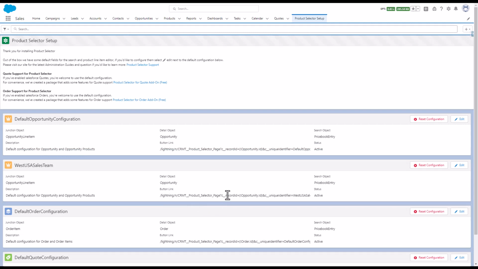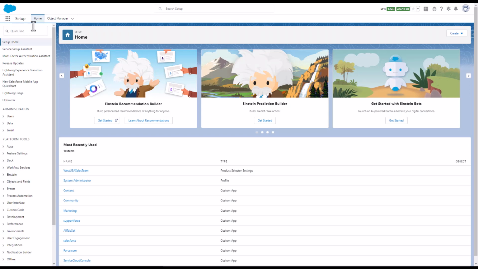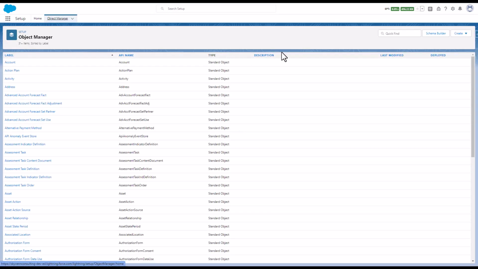So the way you launch this is you just take this URL that I grabbed earlier, and you just drop it into any button inside Salesforce. So let's do that right now. This is a pretty standard thing to do inside Salesforce, but just say you haven't done it before, we'll walk through those steps. So we'll go to Setup, and let's pretend we wanted to add the button to the Opportunity object at the top. So we'll go to Opportunity object,